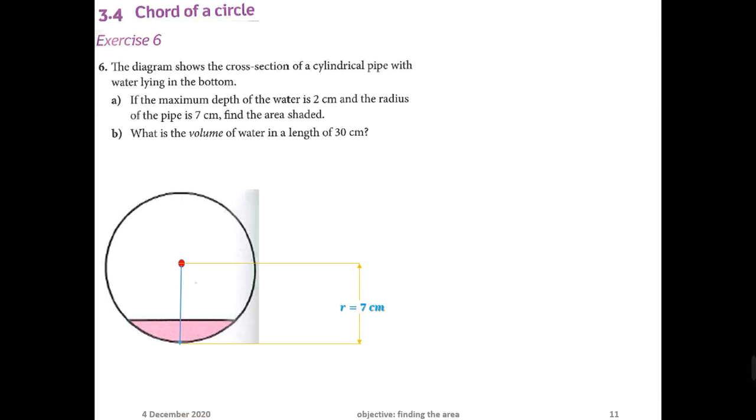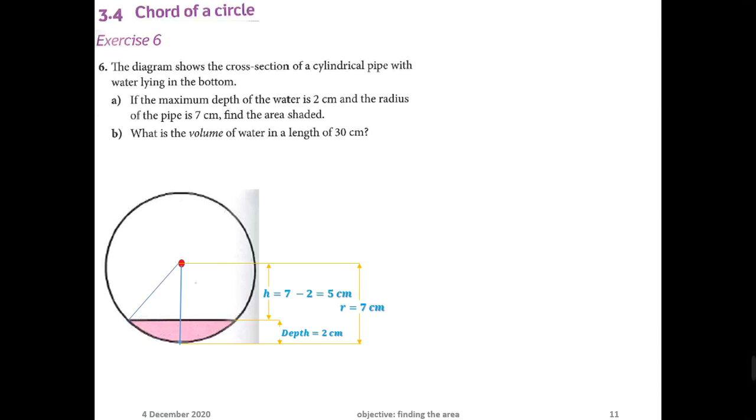The radius is given to us as 7, and the depth of the water is given to us as 2 in the question. So the distance of the chord to the center of the circle is equal to 7 minus 2, which is equal to 5 centimeters. So we know the length of the radius, we know the depth of the water, we know the distance of the chord to the center of the circle, and we're going to look immediately to our